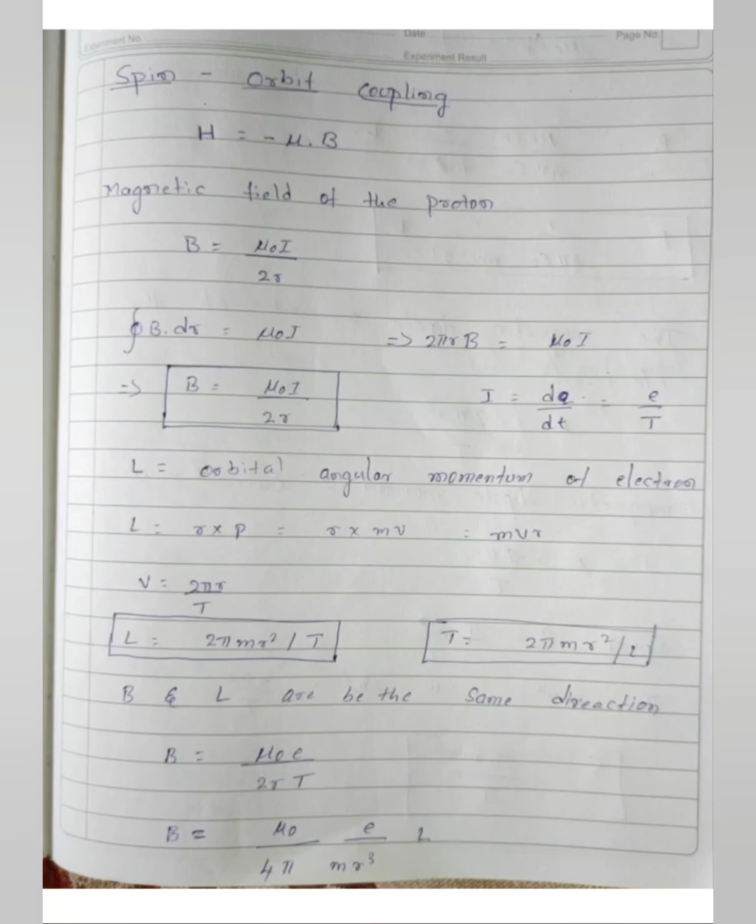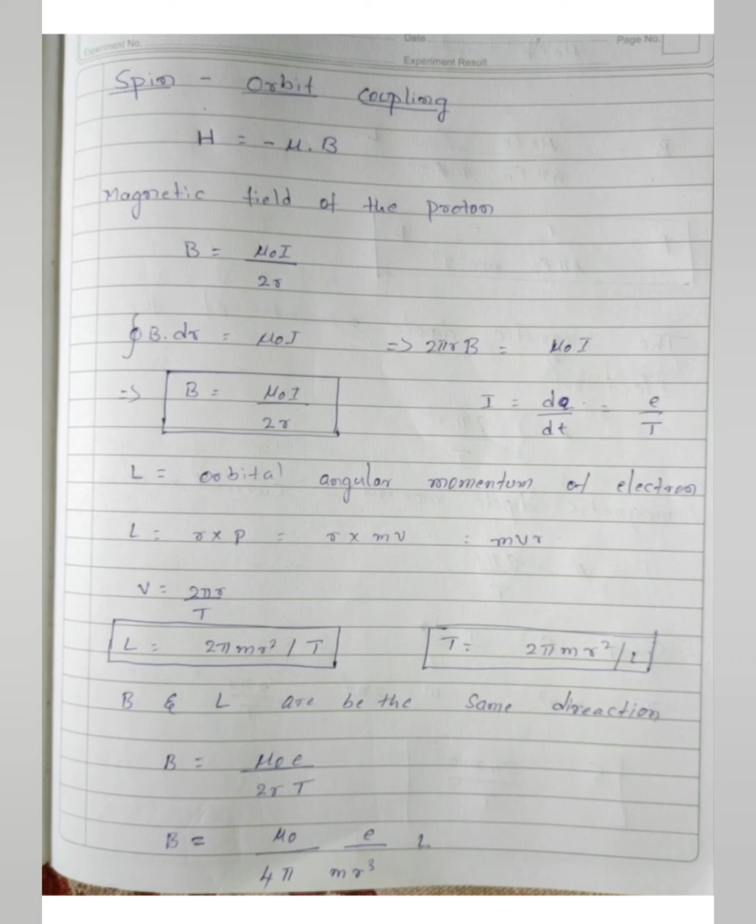For example, take the sun and earth. The universal truth is that the earth is revolving around the sun. But from the earth's perspective, the earth is constant, in a resting position, and the sun is revolving around the earth. Like that, here we approximate from the electron perspective: the nucleus is revolving around the electron.